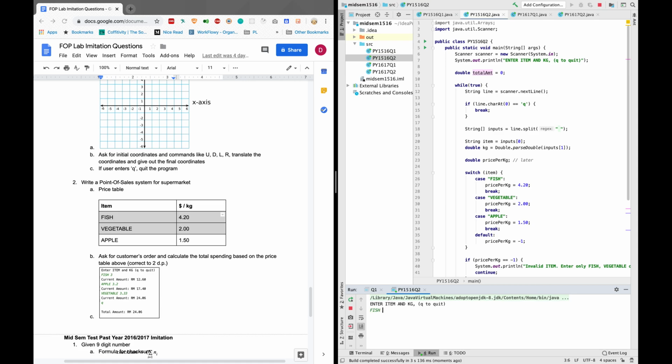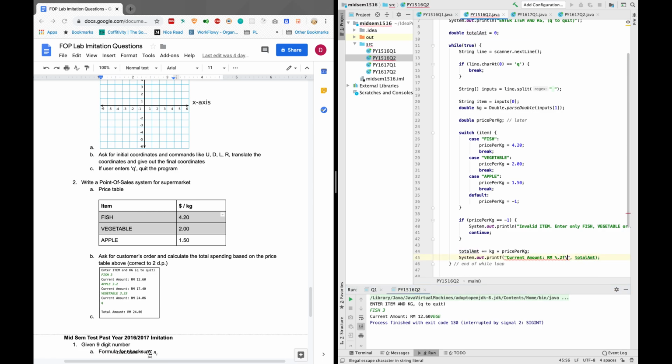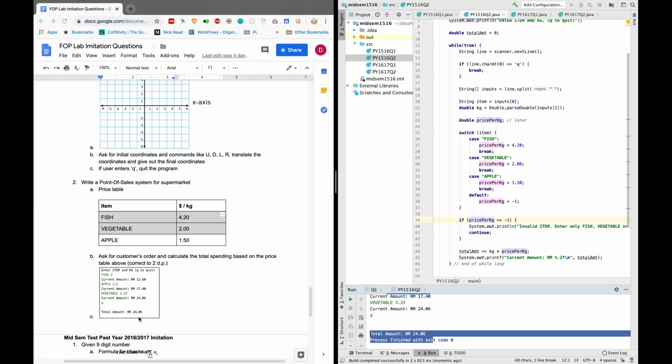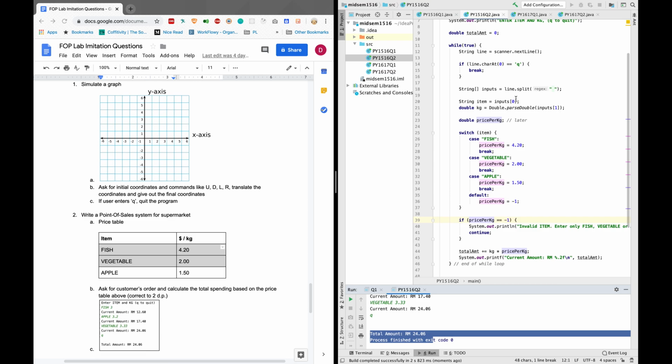Okay, let's say fish 3 and fish. You know what? Let's stop this over here, and we should put a new line over here so that it does not continue over here. And let's try to rerun again. Alright, fish in caps, fish 3, apple 3.2, vegetable 3.33, then Q at the end. So the total amount is exactly the same as the sample output. So right, so that's it for